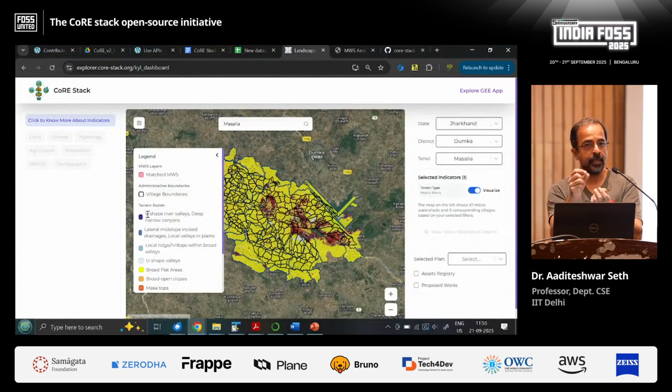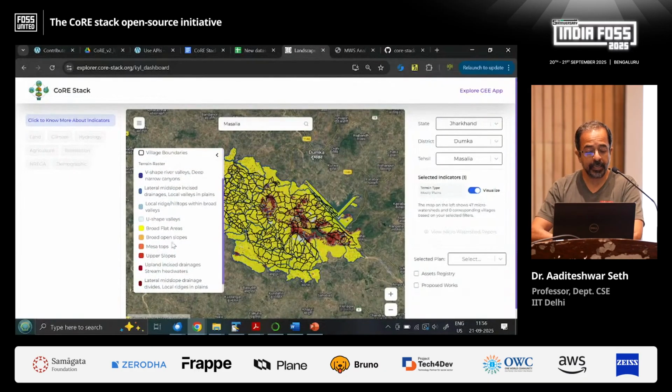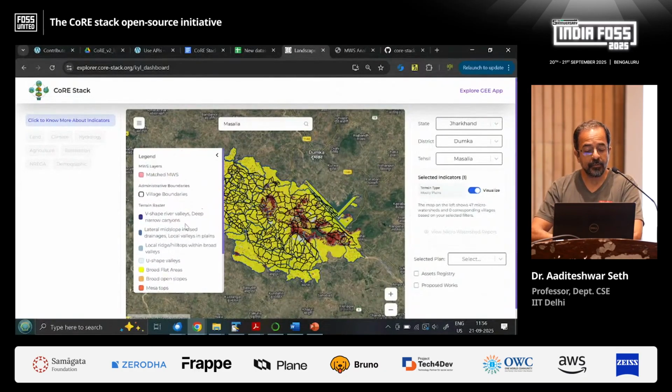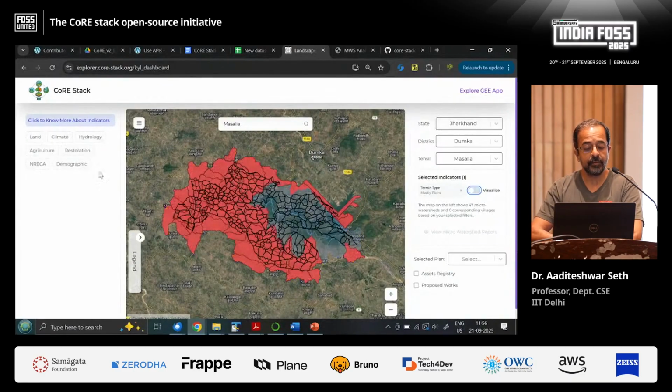Digital elevation maps tell you for each pixel what is the height of the pixel above sea level. On that, we run some algorithms to say which pixels are at the bottom of a V-shaped valley, or is it a U-shaped valley, or a flat mountaintop and so on. Because all of these different landforms have different ecologies, different ecosystems that will come up.